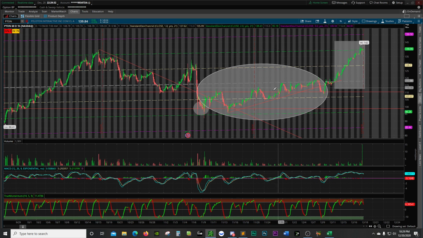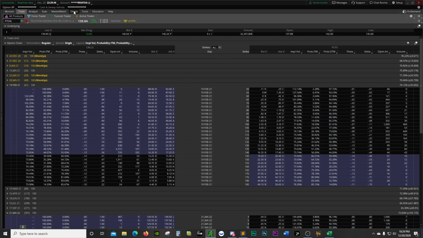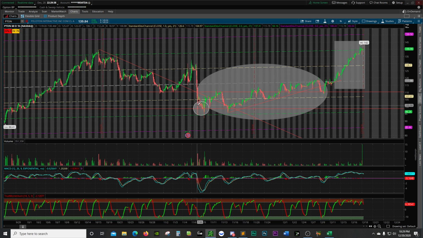There's a lot of other things that go into that, but just using the numbers I've got in front of me, that's kind of an average of, had I got in right here with a cash secured put, sold it where it's at currently, that's the value that I'd be at, roughly.